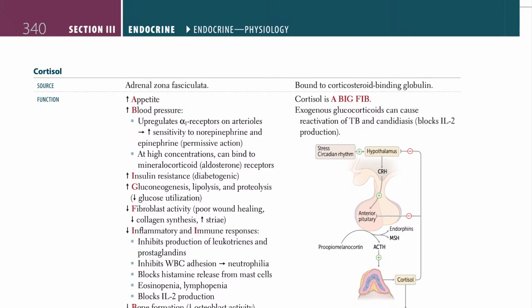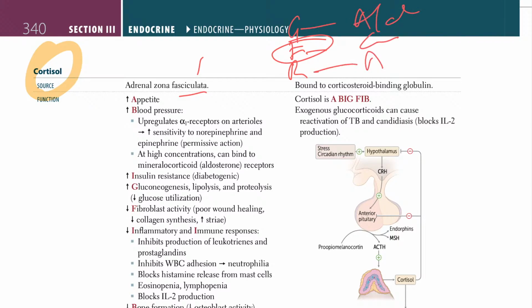All right, now let's talk about cortisol. Cortisol, the source is zona fasciculata. So you had a G, an F, and an R. So F is the one. G gives you aldosterone, F is for cortisol, R is for androgens. So the cortisol is coming from the middle layer, fasciculata,